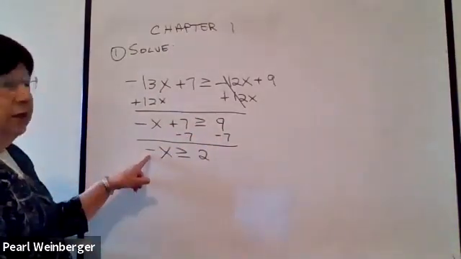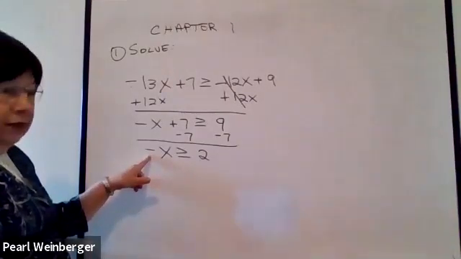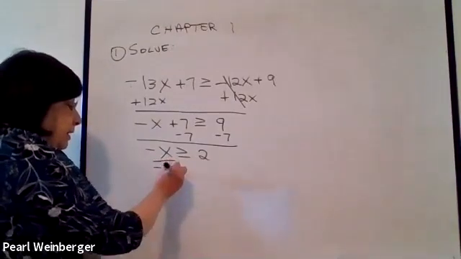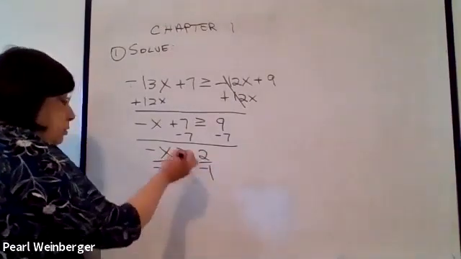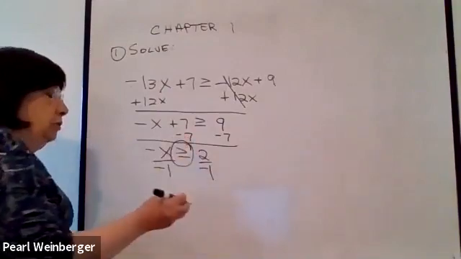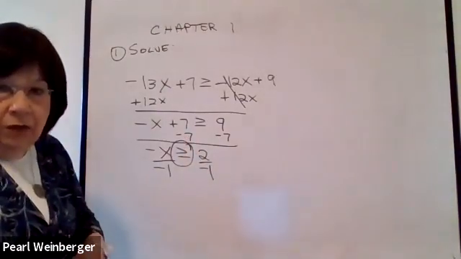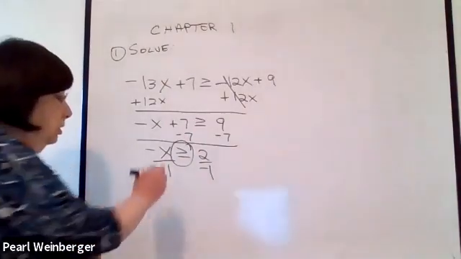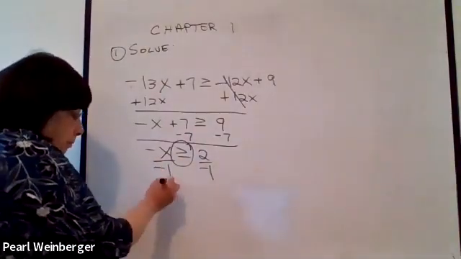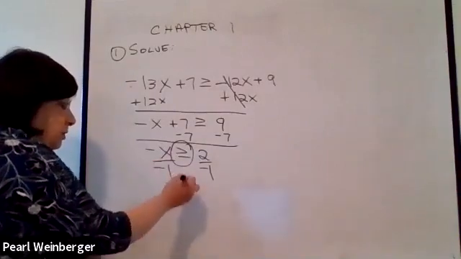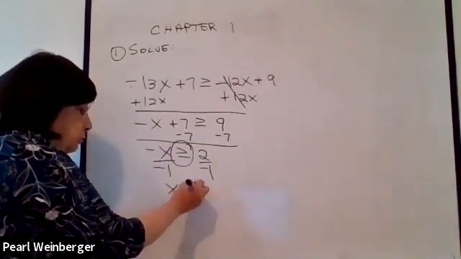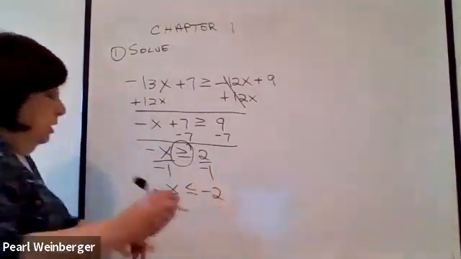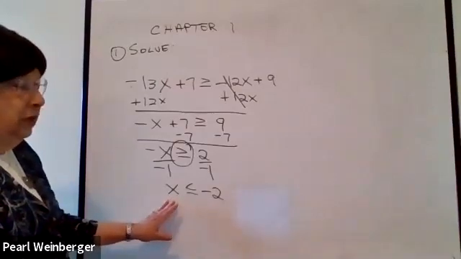Now, I can't leave it a negative x. I have to have a plain x. So I have to divide both sides of this by -1. Don't forget, when you're dividing by a negative number, the direction of your inequality switches. So this becomes positive x. This becomes less than or equal to, and 2 divided by -1 is -2. This is your answer in